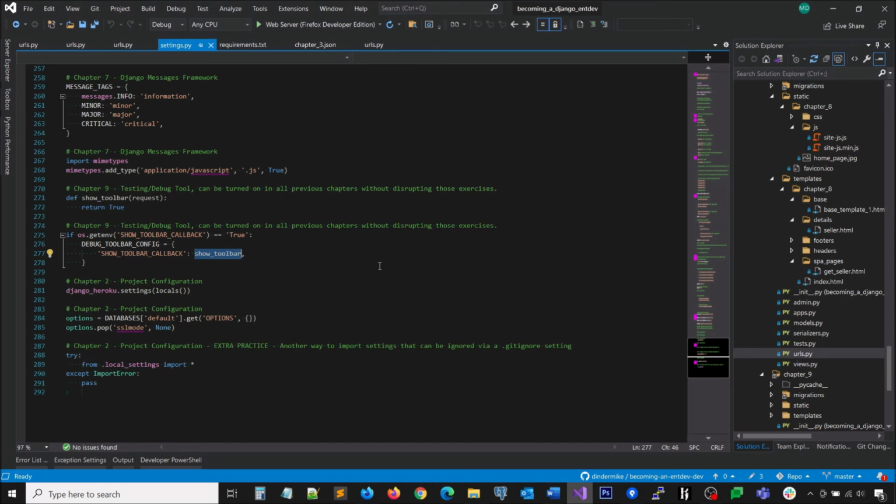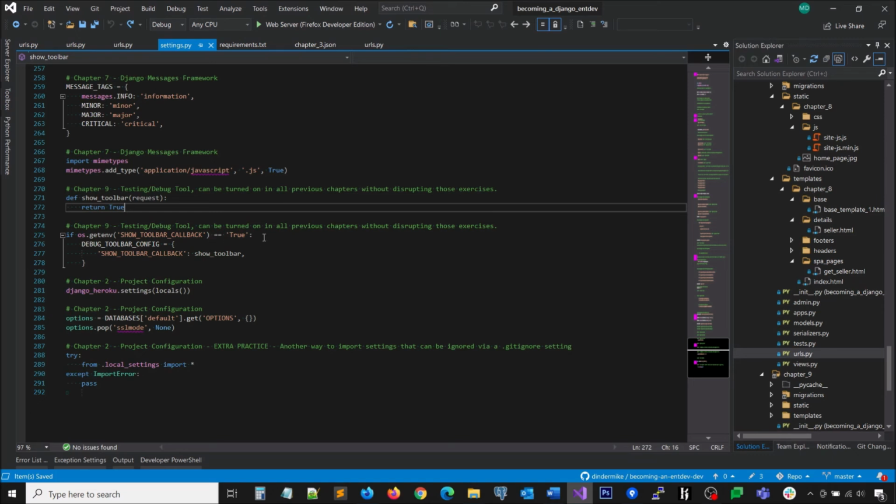I'm pretty sure it needs to be a callback function and not just hard coding the value true or false right here. I may be wrong, but how I got this to work was with a callback,